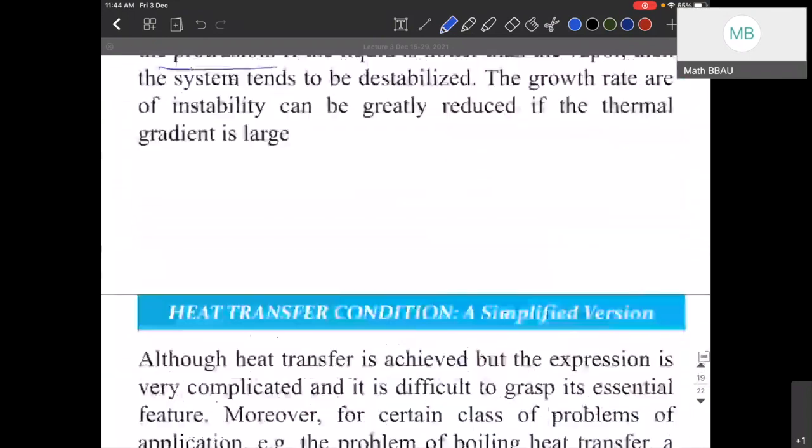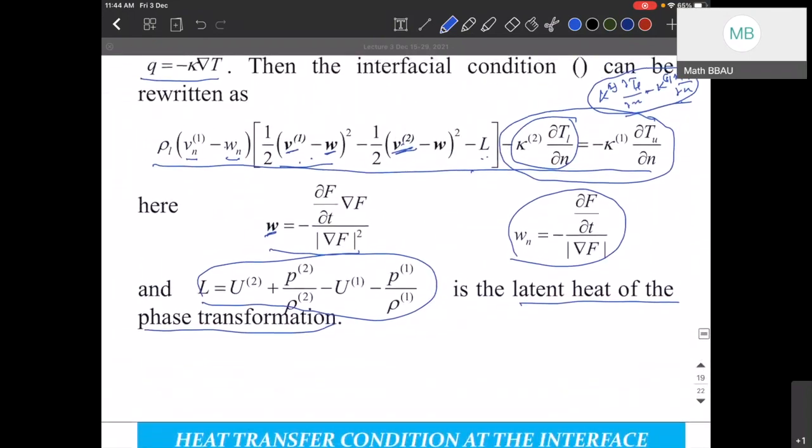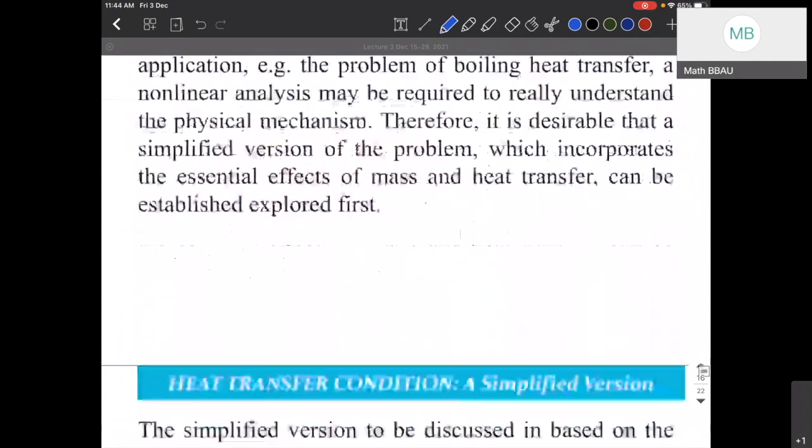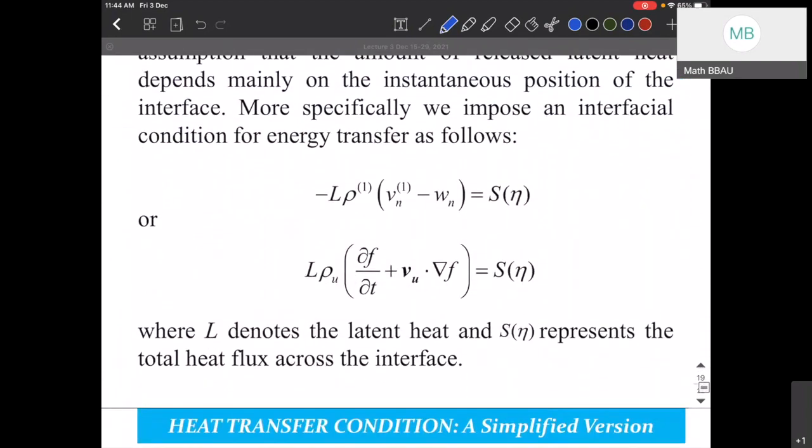So in this formula we just neglect these two terms, and we get minus L rho_n (V_n1 minus W_n) equal to the net heat flux, S_eta, and that is the simplified version. This equation says the latent heat released during the phase transformation is equal to the